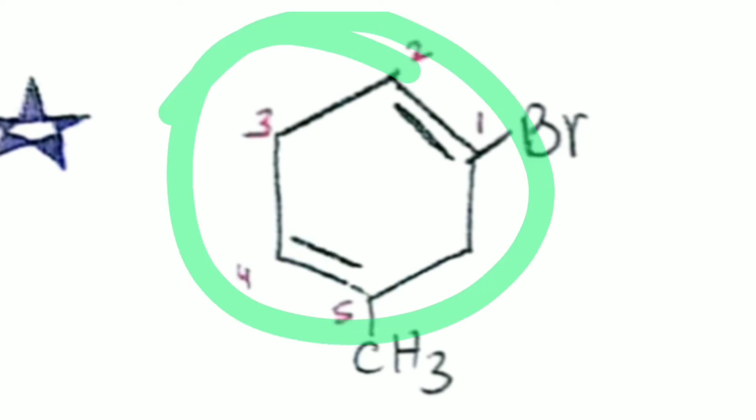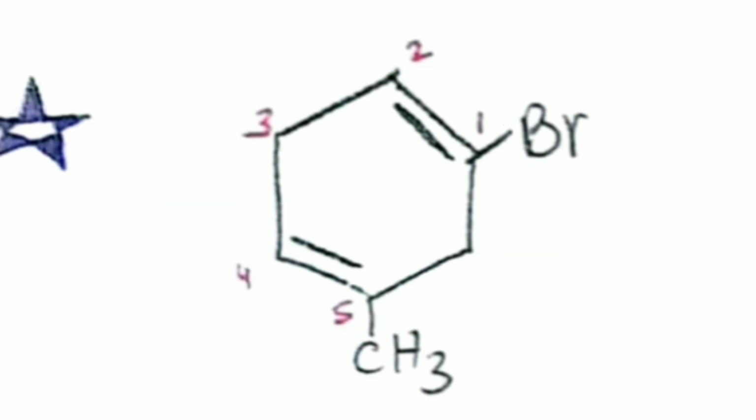So under these conditions, we'll have to judge, guys, which out of the bromo and the methyl group we give greater priority. So according to the alphabetical order decision, since B comes before M, we'll give the bromo group greater priority over the methyl group. So we'll start our numbering from the bromo group, and we get the bromo group as 1 locant and the methyl group gets number 5 locant, and the double bond of course here gets 1, 2 locant, and this one gets 4, 5 locant. So this double bond is getting 1, 2 locant, so it is satisfying the major rule in the naming of the cyclo compound.